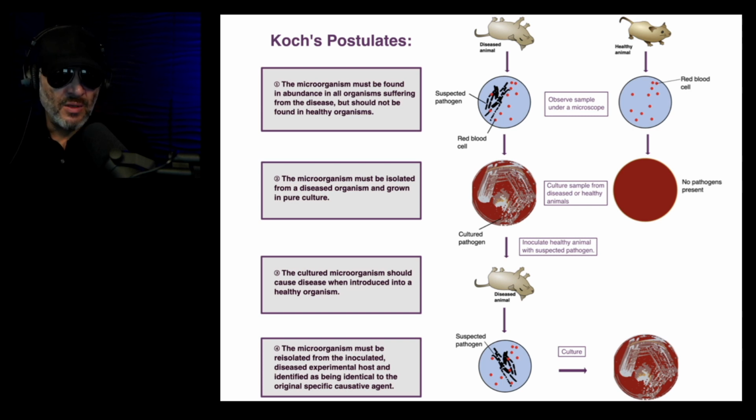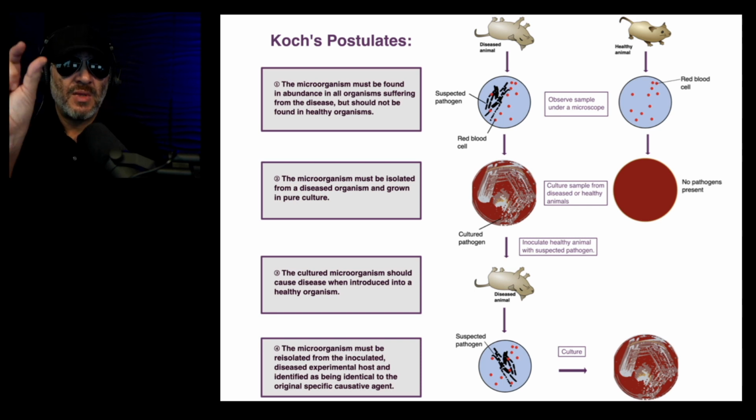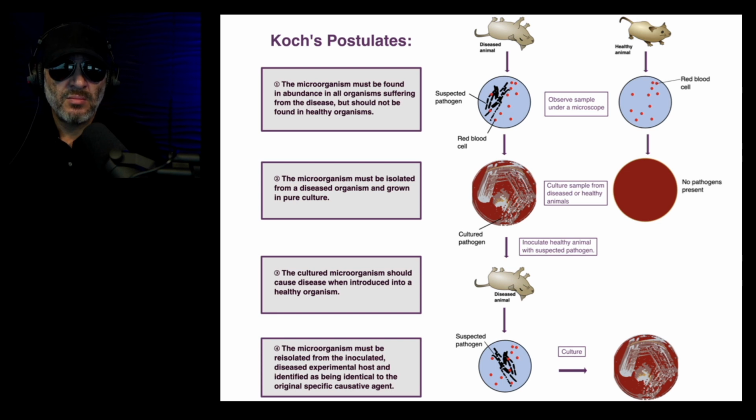Now, have the Americans done this? Have the Canadians done this? Have the British done this? Is there any documentation of anyone going through these postulates? Or did we just take the Chinese at their word when they published the genetic sequence on GenBank? In other words, there's a whole bunch of people sick in the hospital in Wuhan, and the Chinese said, yep, this is it. This is what did it. Trust us.